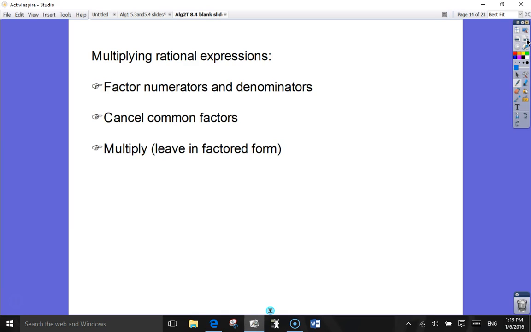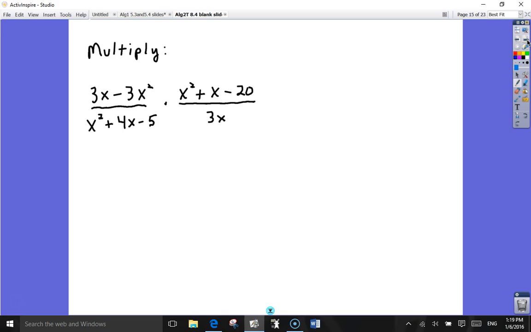Good. Okay. Next. So, this one for me to do. Multiply. So, first step,